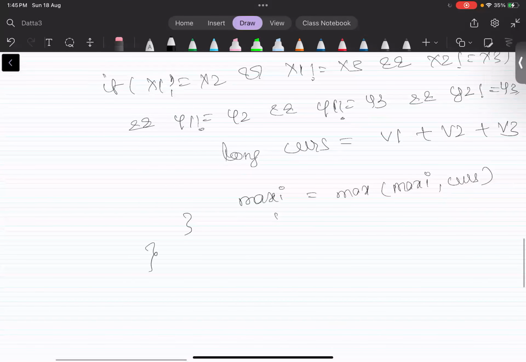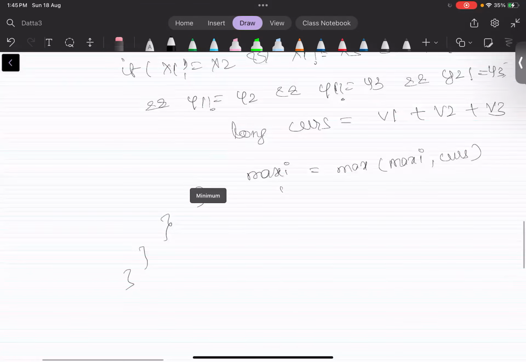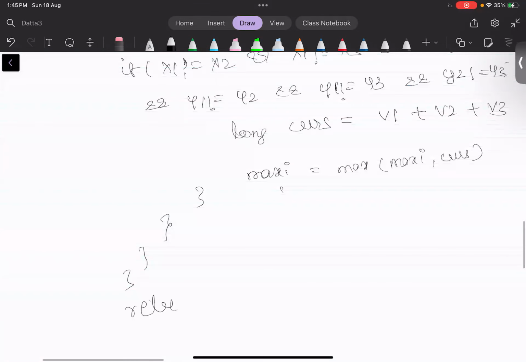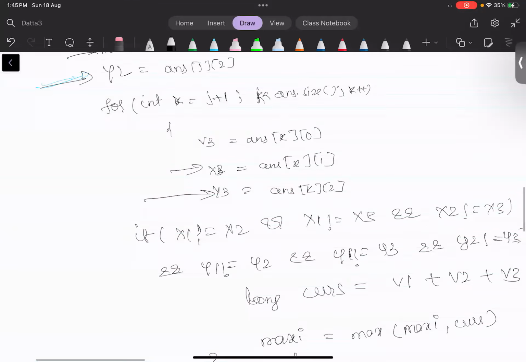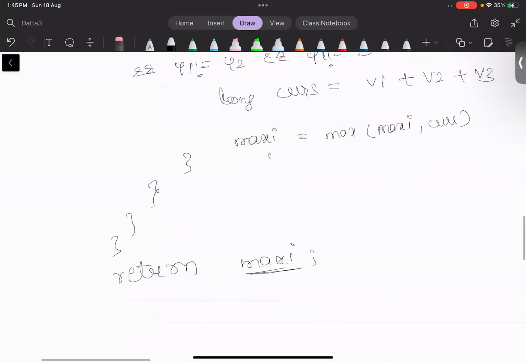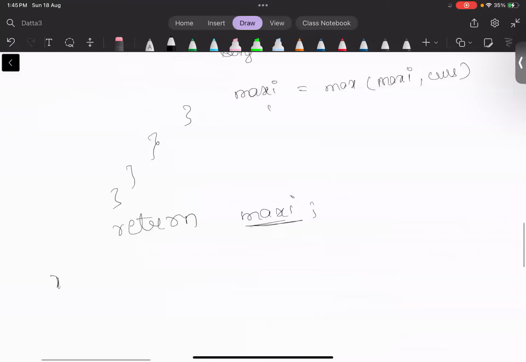Now, at last I'm going to return the maxi value where I have the maximum sum. Okay. Now if I talk about time complexity,